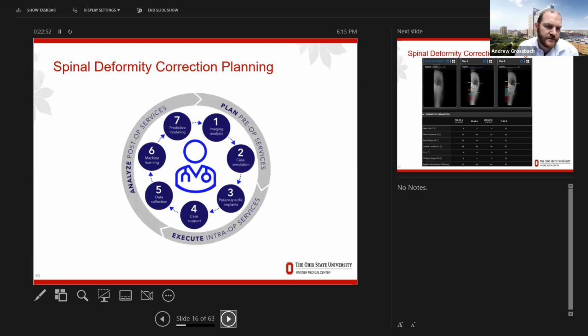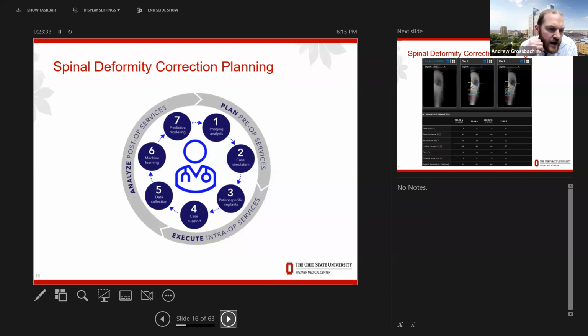So here's the flow of this. Step one is uploading the images and the image analysis. It does case simulation, so it simulates my osteotomy cuts. We get a patient-specific implant shipped for the time of surgery. There's case support, so whatever my osteotomy cuts are, I have a little sheet of paper that's taped on the wall. It says, here's where we're going to do our osteotomies, here's where we're going to do our interbodies, here's how much correction we think we're going to get at each of those. The data collection piece: I have my preoperative images, my plan, all my postoperative follow-ups, and what their spinopelvic